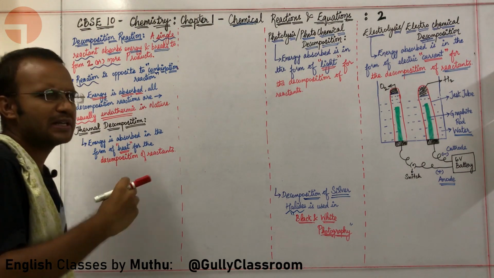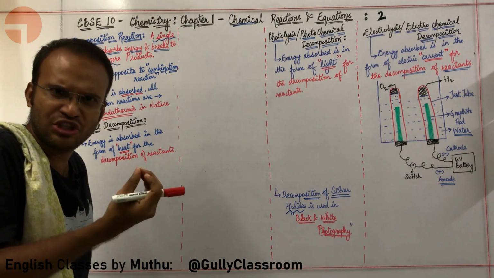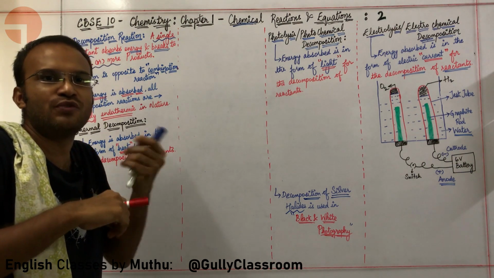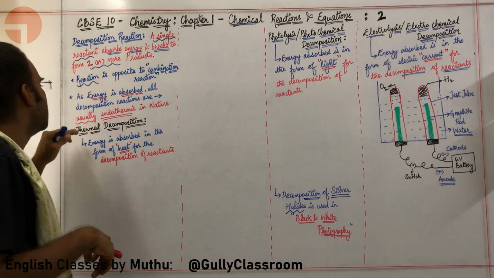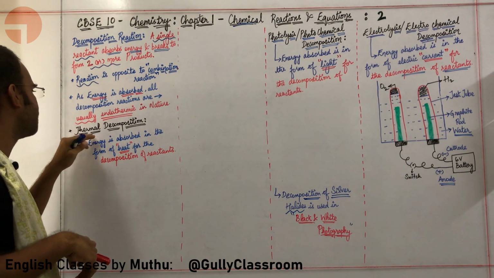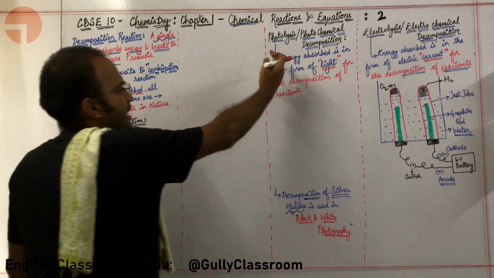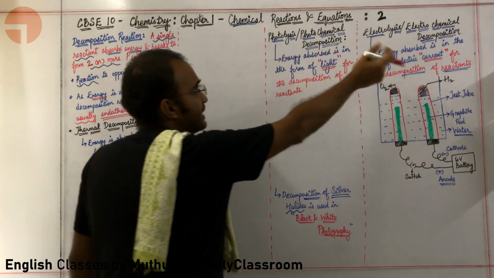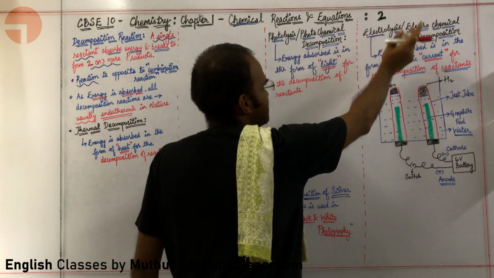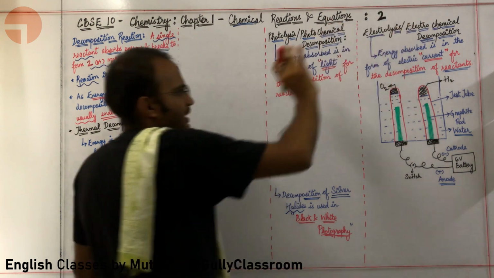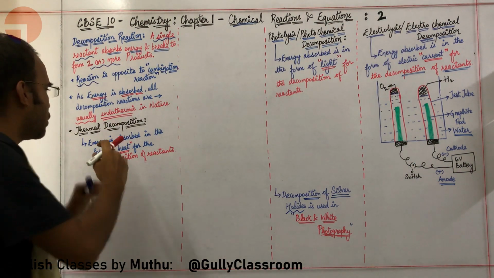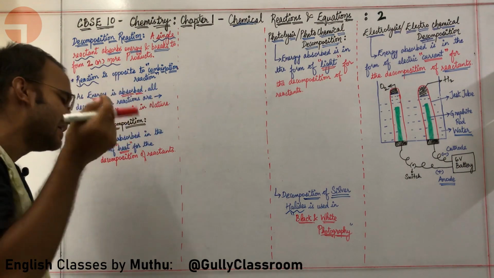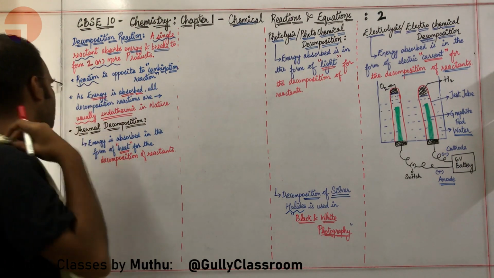So, what are the different types of energies that a reactant can absorb in order to give different products? It can absorb heat energy, hence the term thermal decomposition. It can absorb light energy, hence photochemical decomposition. It can also absorb electric energy, hence the term electrochemical decomposition. Can we go through each type of decomposition one by one? Yes, come on.